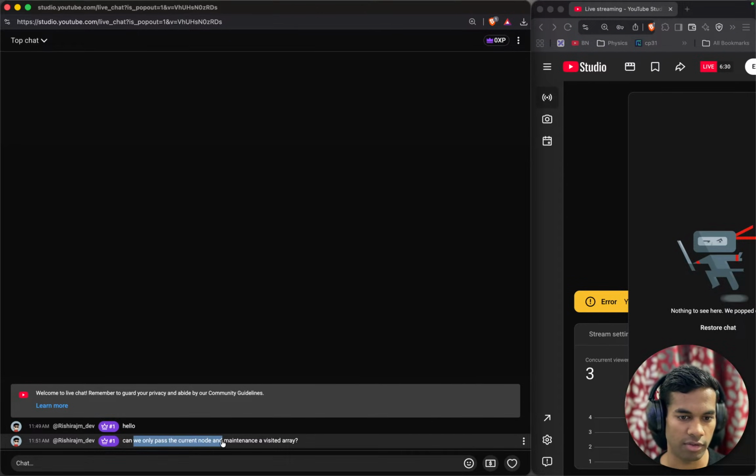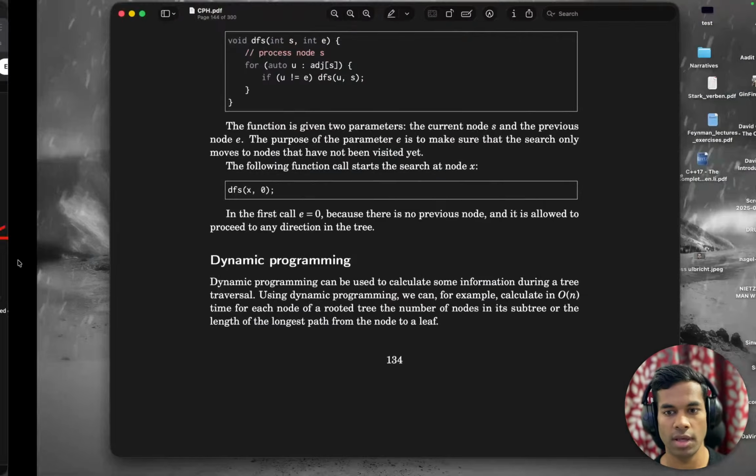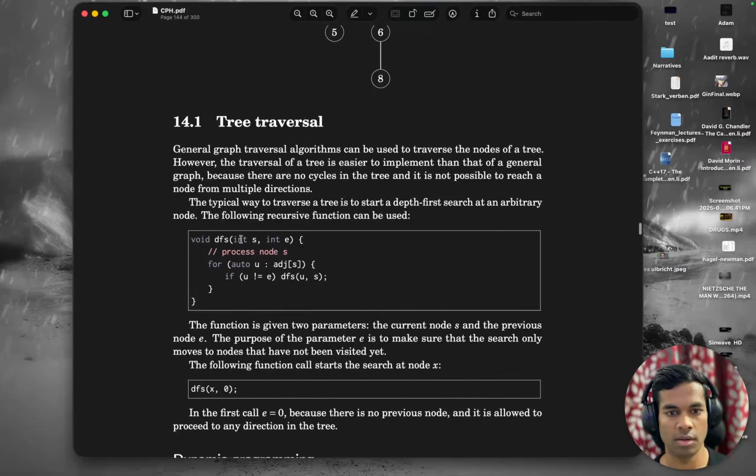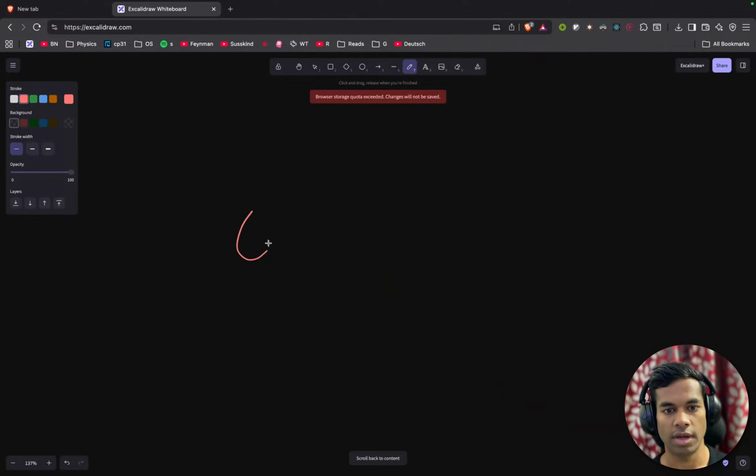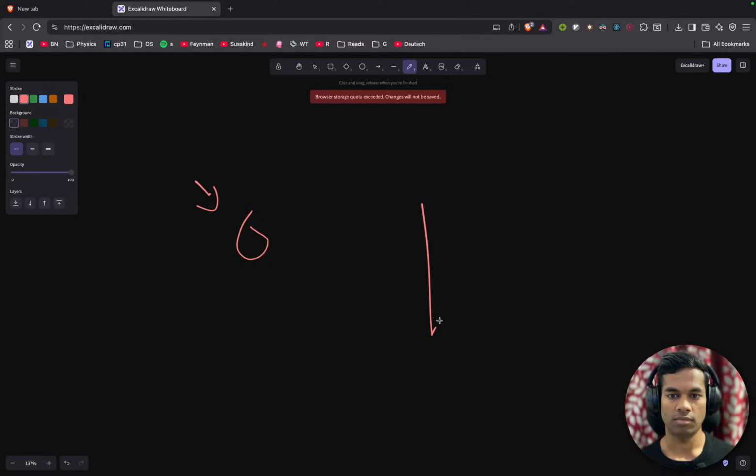Hello, can you only pass the current node and maintain a visited array? Yes, we can do that. That is what we do in a general graph. In a tree, we can either have a vector of visited nodes, or we can just pass in the parent node, because to get to a node, since in a tree,